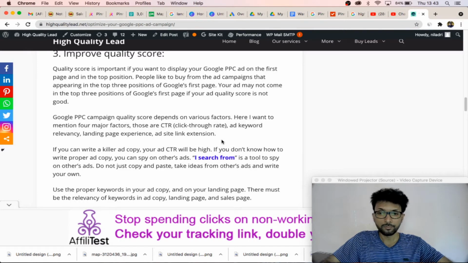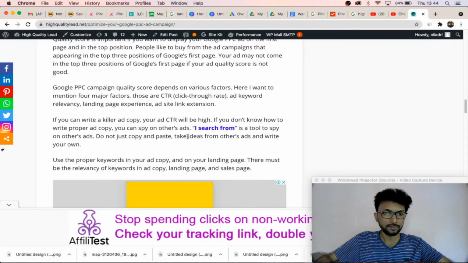So that is a very important thing. The fourth thing, number one is the keyword relevancy, landing page experience, your ad copy, and the site link extension. These are the most important things.